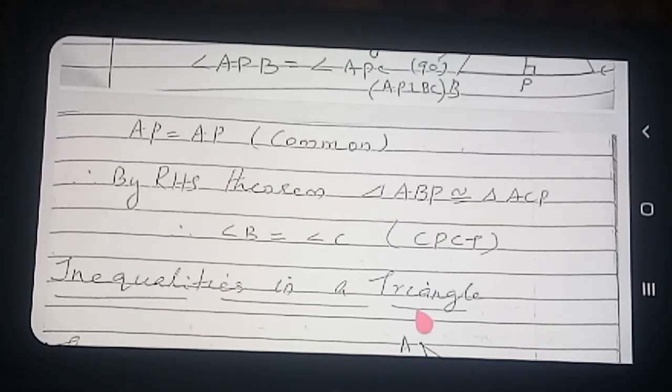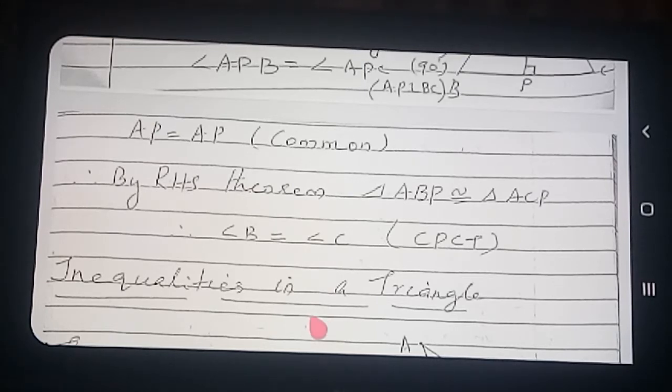Okay? Inequalities. Equality means the equal sign is used. Inequality means if not equal comes, there inequality will exist. The example I gave now: 2 not equal to 3. Then we can say there are two possibilities again: 2 less than 3 is possible and 2 greater than 3 is possible. But which inequality is correct?